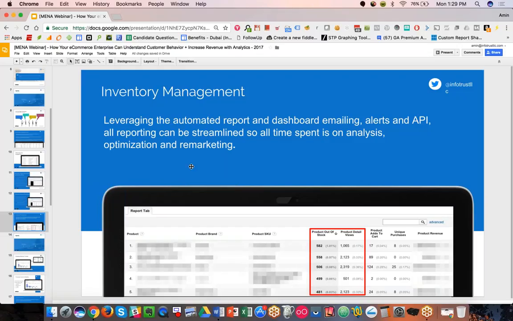This one's a little bit more niche, and it might not be relevant for all customers, but it is about inventory management. So if your site shows products that are out of stock or on back order, or products that you have but they're on a waiting list, we can track those in Google Analytics or in any analytics platform and see some insights around that.